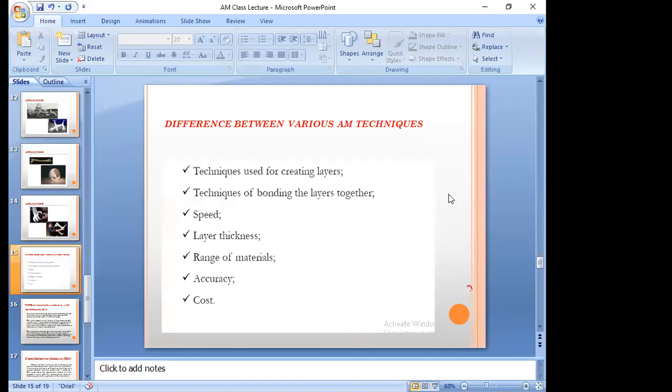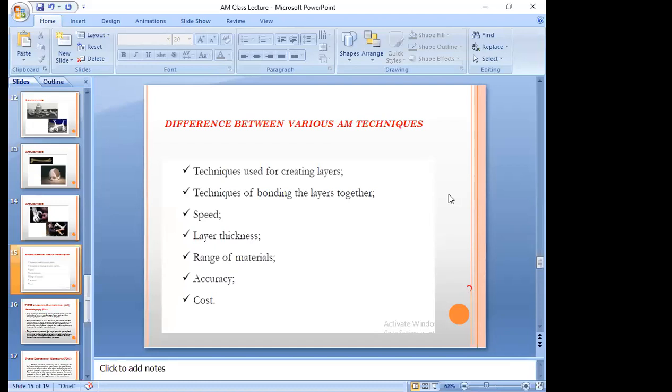It also varies with respect to speed and bond speed. When we produce a particular component, speed is important, that is, the rate of manufacturing.